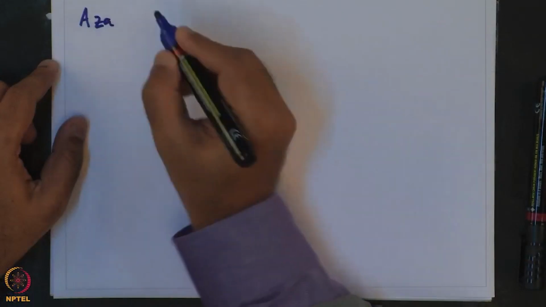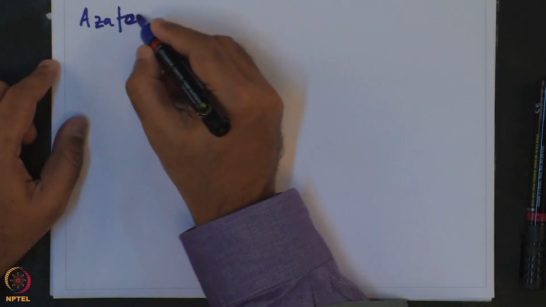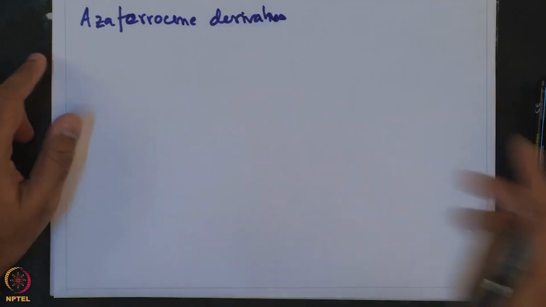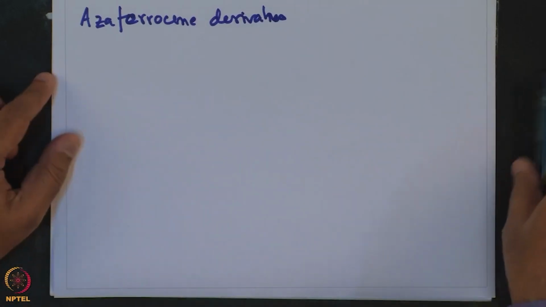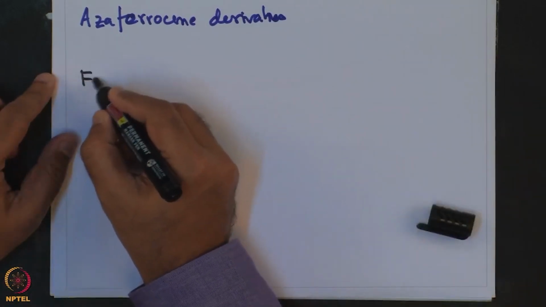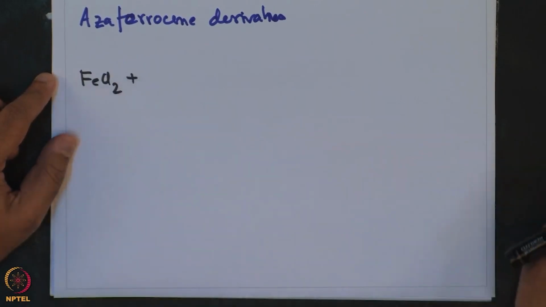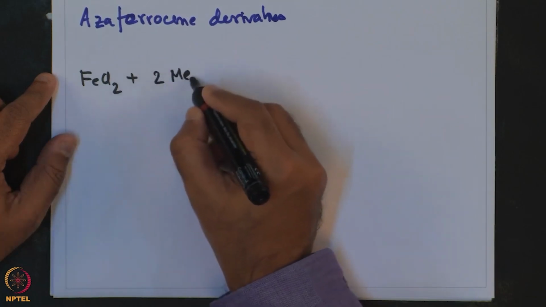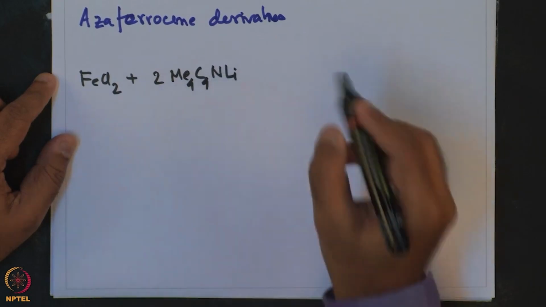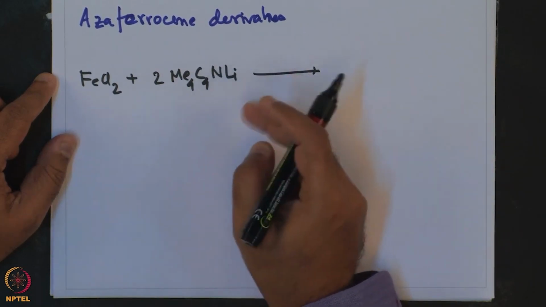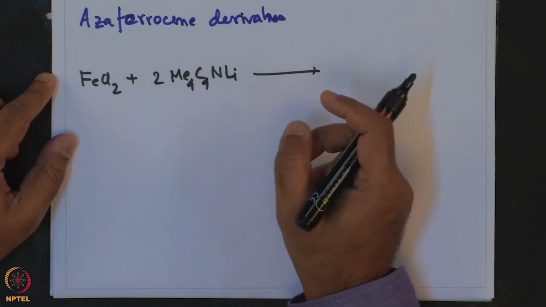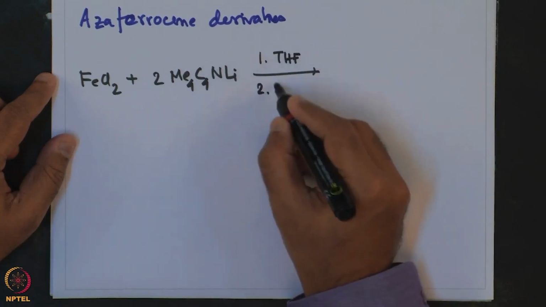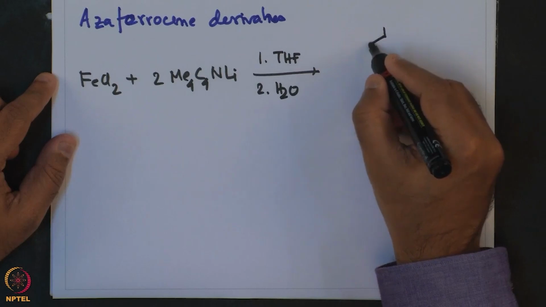So, we are going to look at the preparation of azaferrocenes. The preparation starts from FeCl2 reacting with the preformed tetramethyl pyrrolyl anion, 2 Me4C4NLi, similar to the tetramethyl thiophene that we had seen in the case of the pi complexes of thiophene, in THF, and then water, giving this